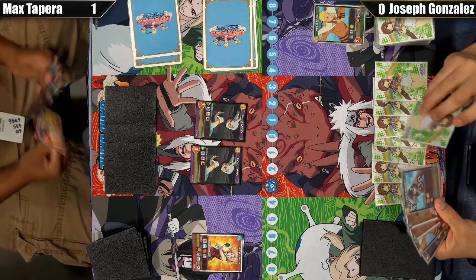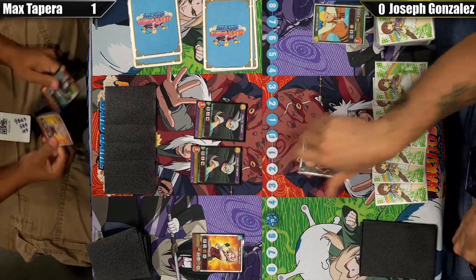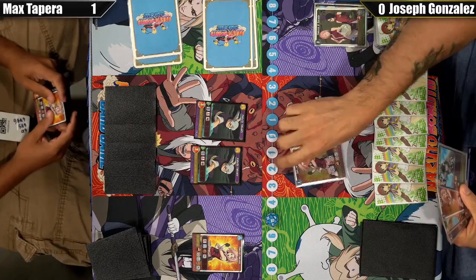which I thought you just drew. I was like, what? The EX card gives you 2 life, and then the